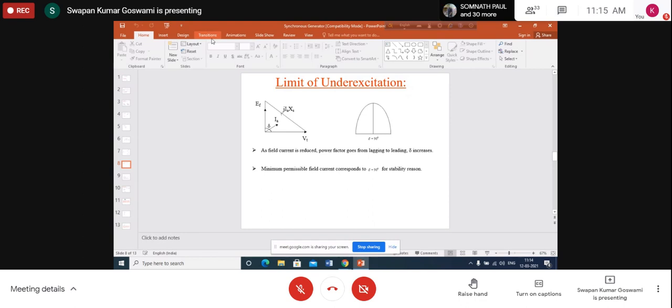That means the generators will be over-excited because they will be supplying reactive power. As much reactive power as they can supply, they will be able to maintain the system voltage. Otherwise, without supplying reactive power, system voltage cannot be maintained, because the loads will get reactive power from where? They will be absorbing reactive power supplied by the transmission line. They will be absorbing reactive power supplied by the other capacitors and other reactive power sources. But even after that, the generators may have to supply reactive power.